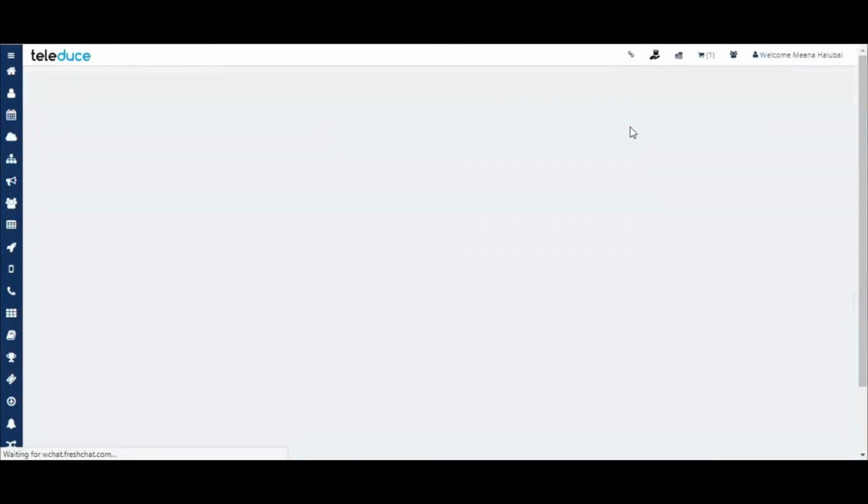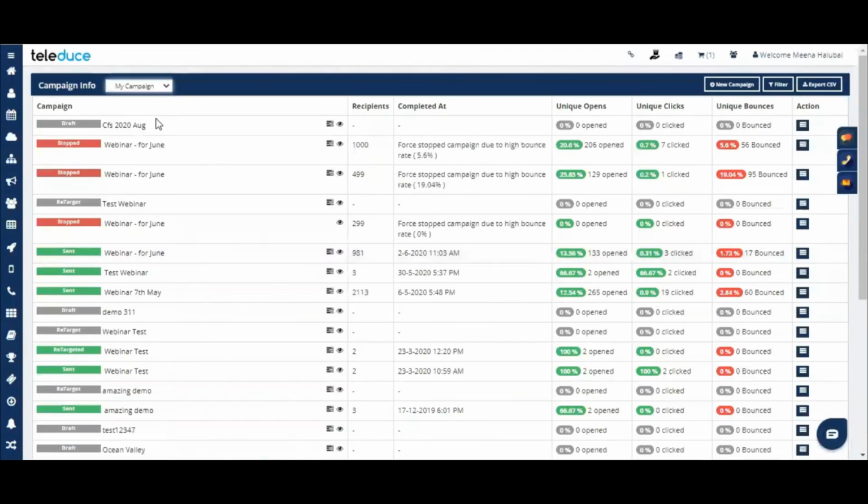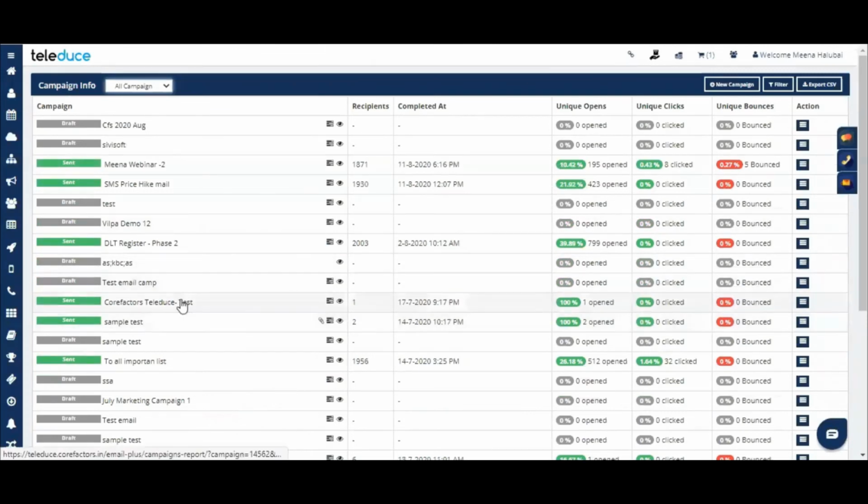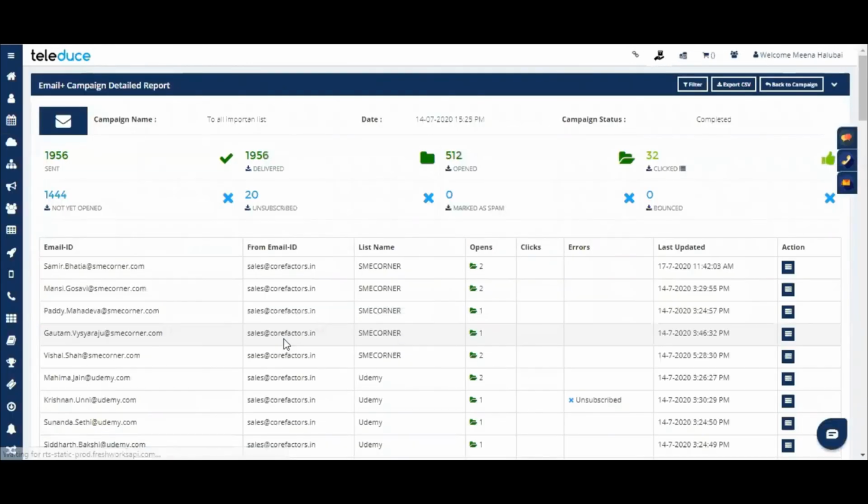Now coming back to the campaign reports, I just want to show you how reports look. Okay, I am just going to show you. Okay, this one. So this email was sent on 14th of July. Okay, so the participants or the mail IDs were around 1,900, where 512 were opened, and out of that 32 were clicked. Okay, so these are the complete reports you will get. If you want to see who these 32 are that have clicked, you can download and see the report, or you can definitely filter it out as well.